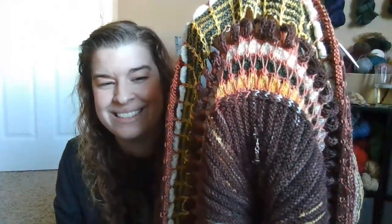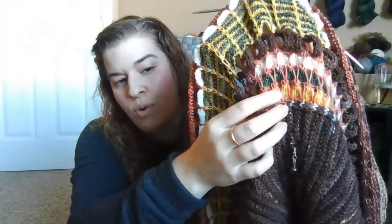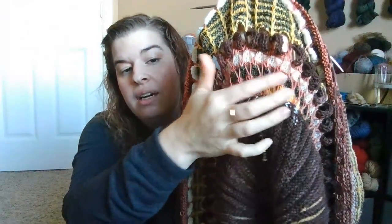We have Spiced Hot Cocoa, which is this gorgeous, tonal brown. And then we have this like yellow, oh my goodness, squash color. My brain is just gone today, guys. So this is Squash, and it has a little bit of orange and peachy colors in there. The peach color here is a one-of-a-kind colorway that I dyed up when I was trying